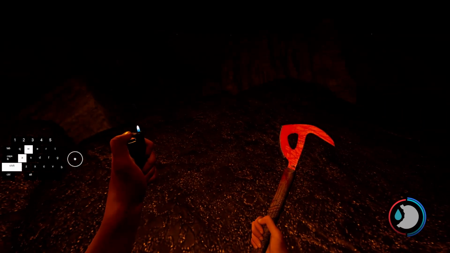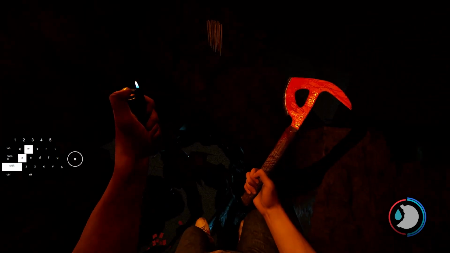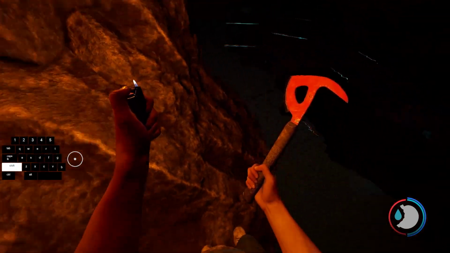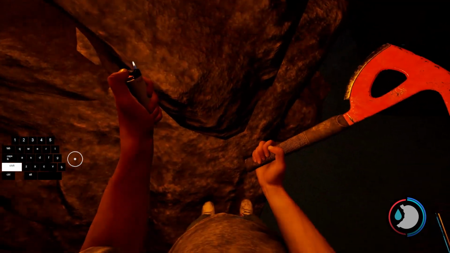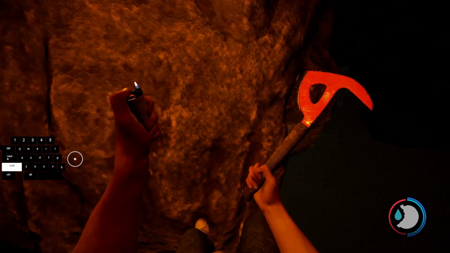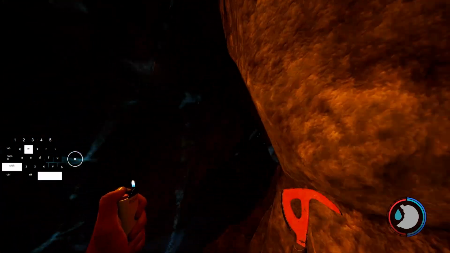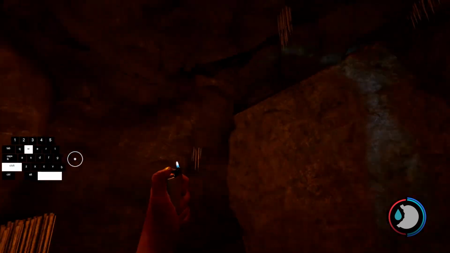Okay, so here's what we're going to do. We're going to avoid another fall damage. We're going to jump on this and then jump on that again, and hopefully land around here. There you go. That's good. So you want to land on this thing, and if you're lucky enough, if you get the best one, you want to land around there and then go straight forward. So this is annoying. You might ask why. Because